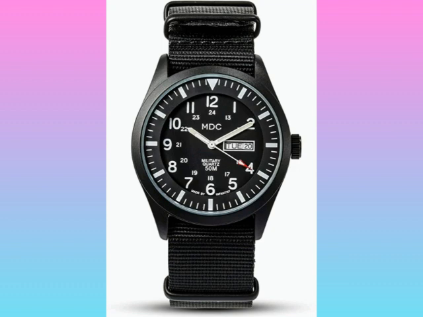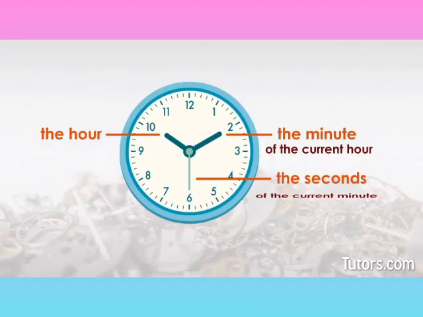The standard unit for time is seconds. Some other units for measuring time are minute and hour. The units of time can also be changed from one to another, as in the previous cases. You know that a clock has 3 hands. One is the seconds hand, the other one is the larger hand or the minutes hand, and the third one is the smaller hand or the hour hand.